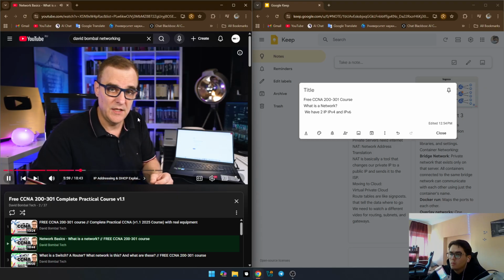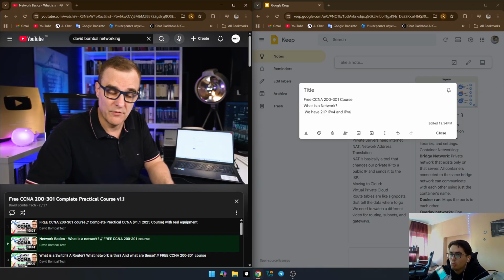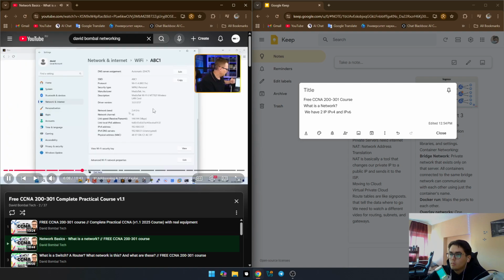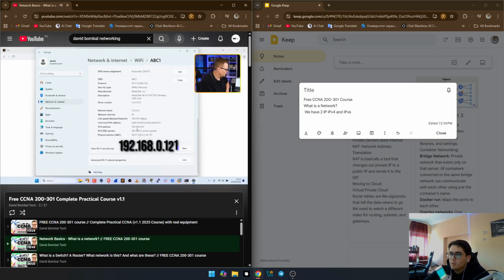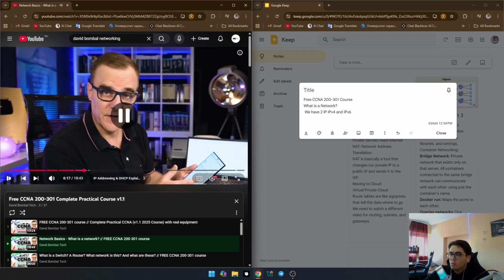So with DHCP, when a device connects to the Wi-Fi network, as an example, your home Wi-Fi router, it gets allocated an IP address by the router. So this device has an IP address of 192.168.0.121. That IP address was allocated through DHCP. This device will use a different